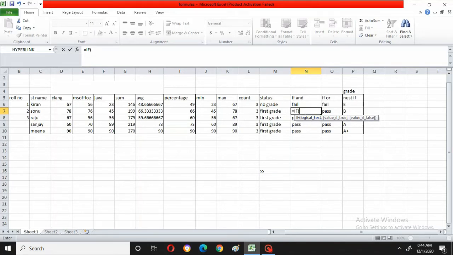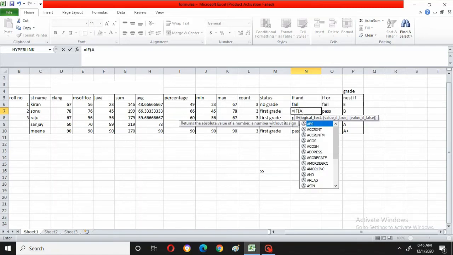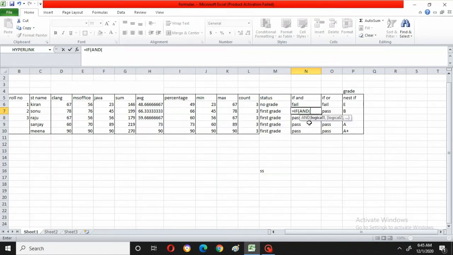That means the logical test is nothing but the condition you want to use. If the logical test is true, then this value you have to display, otherwise this value. So now what I want here is AND. So A, N, automatically it is giving this. Now I will give a double click there. Automatically it opens that particular bracket and condition.